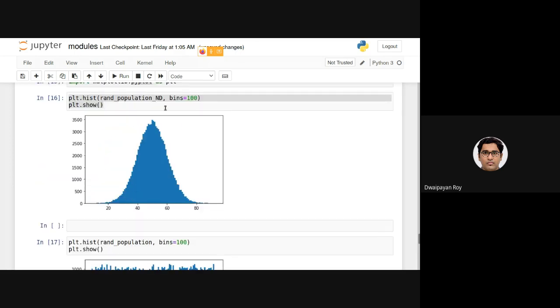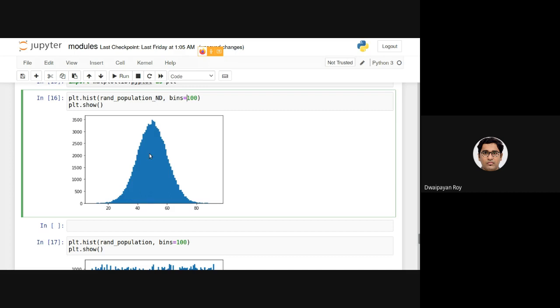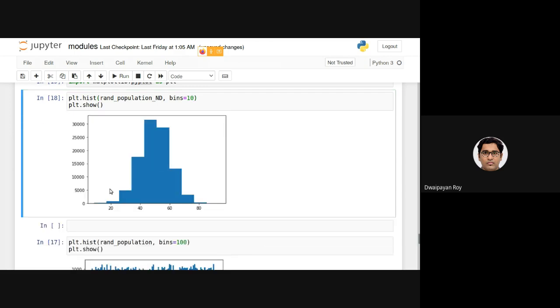Note that almost all the numbers between 1 to 100 were there with almost equal frequency. Now this bins is basically a parameter stating the number of items to be taken together inside a bin. All these bars are called bins. If I make it say 10, all these plots will be bigger ones. You can see here, all the items from 1 to 10 are considered as a single bar. All the items from 11 to 20 are considered as a single bar, and so on.